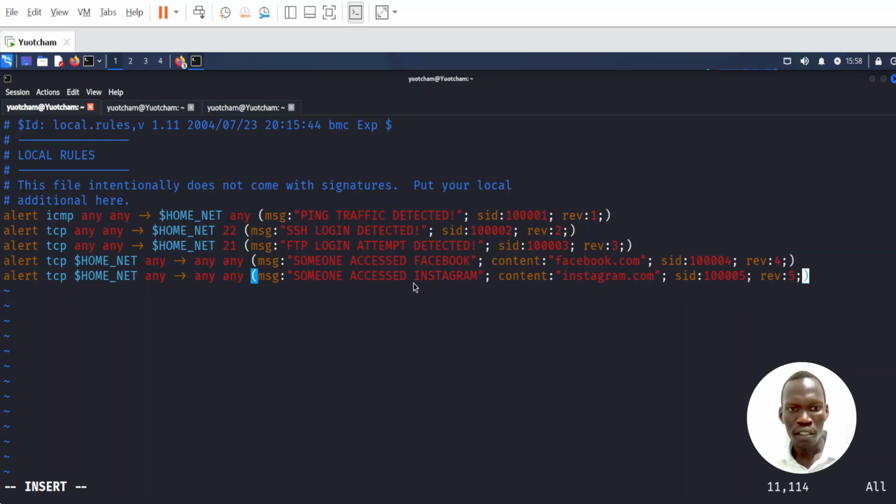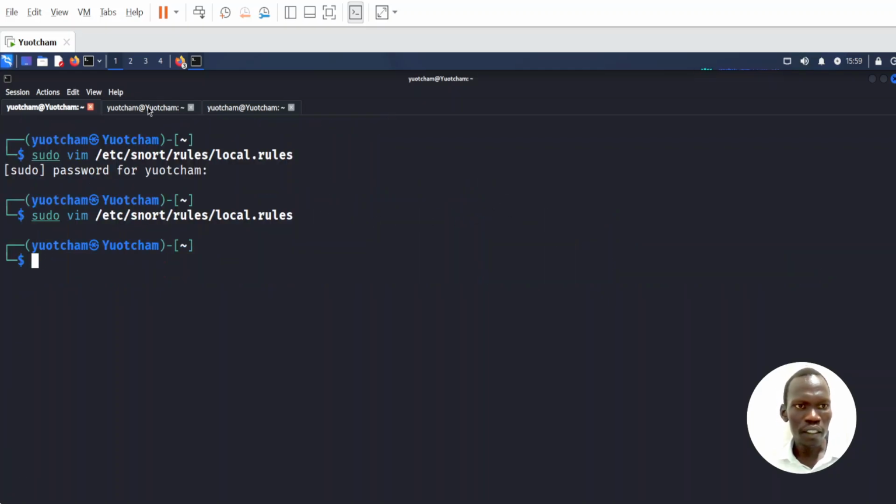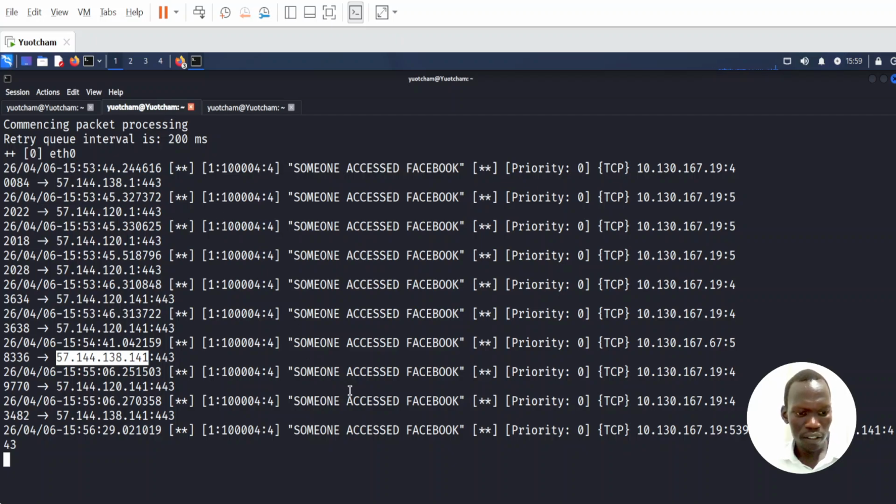Yeah, this will alert the administrator that a user has tried to access or has accessed Facebook, or I mean Instagram. So here, we will just write these changes